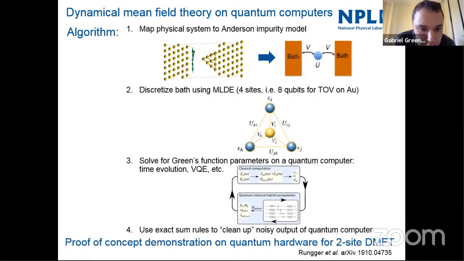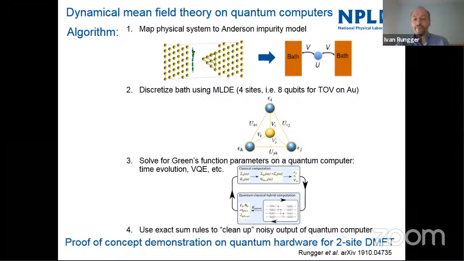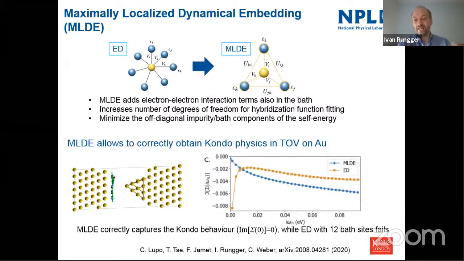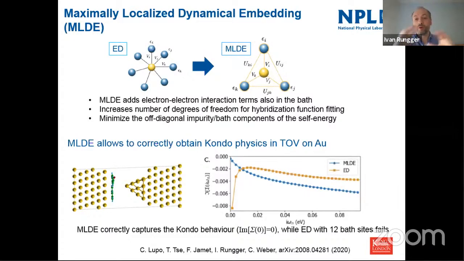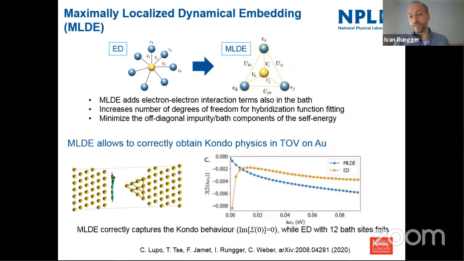Another question here by Bruno Sengen. Can you explain why the MLDE describes Kondo physics well compared to ED? Yeah, I think this is very interesting. You can look at this paper, where we're actually showing Mott-Hubbard and all sorts of other models. I just showed this example here because I think it's very nice for Kondo. In a sense, every discretized representation of a true bath will ultimately fail to describe Kondo physics, because a discretized bath by definition is a big molecule, right? A big molecule always has a gap. It will never have a continuous spectrum.